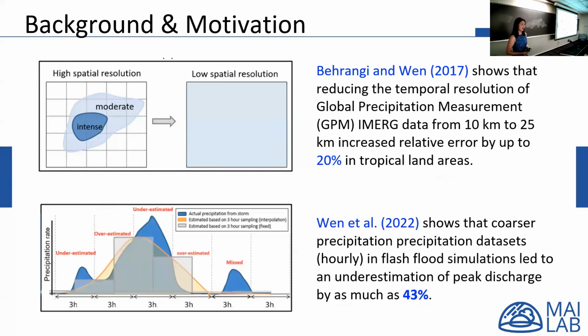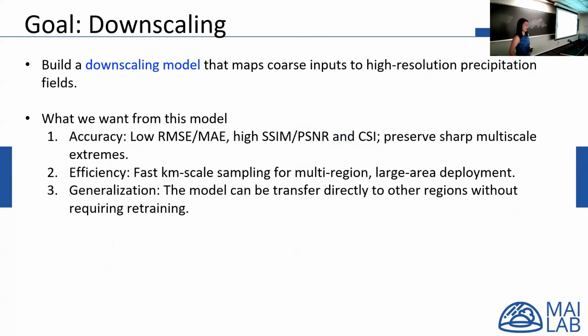Okay, and also my research shows that, for example, for precipitation, if we look at the lower spatial resolution, it could cause as high as 20% bias. And if we apply this precipitation to hydrological modeling, and so the flash flooding, we may get an underestimation of peak discharge as much as 43%. So this kind of bias or errors caused by resolution could be very high. So this is the whole motivation, and we are thinking about doing the downscaling to get the